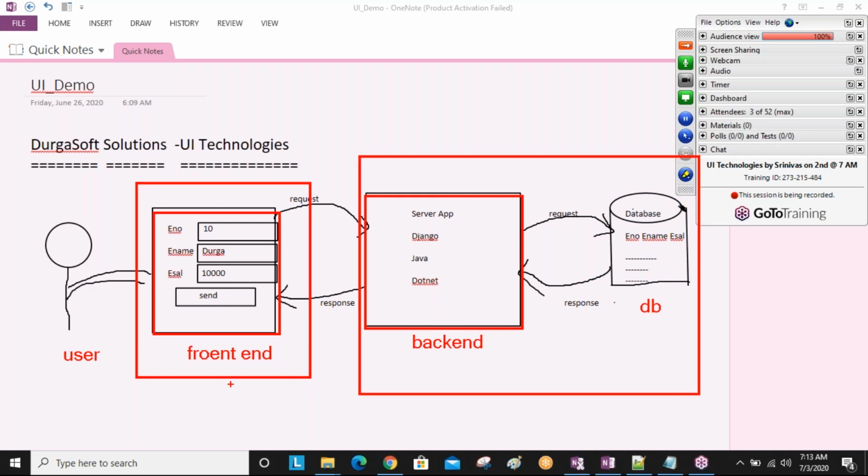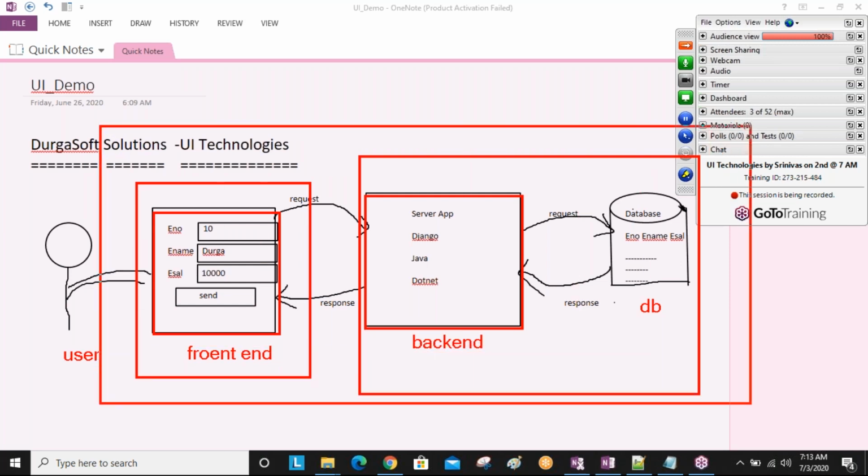This front end plus back end we call a full stack developer. Nowadays full stack developers are in more demand. Why? Because otherwise you are only developing the presentation side, or only the backend side.